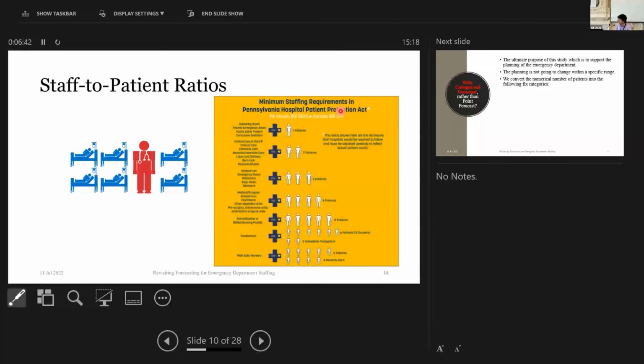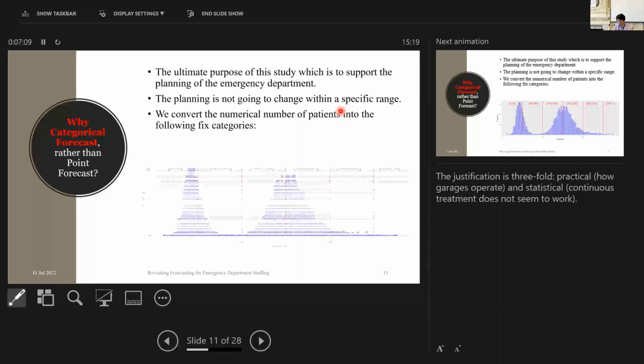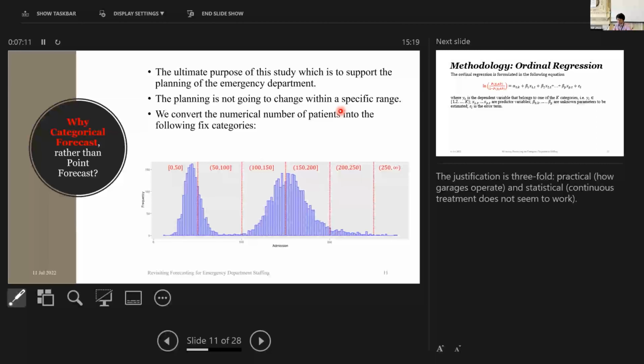Okay, so in that sense, let us say if your forecast is 51 and 52, it won't make any difference in terms of staffing. Yeah, because 51 and 52 in terms of forecasting, there is 1 in terms of absolute numbers, but in terms of staffing, it will be the exact same. So that's why we are going to make this 6 shift, and this 6 shift looks like this: